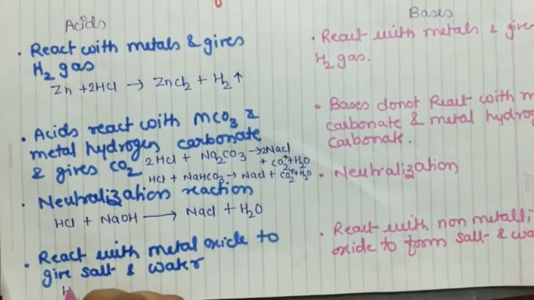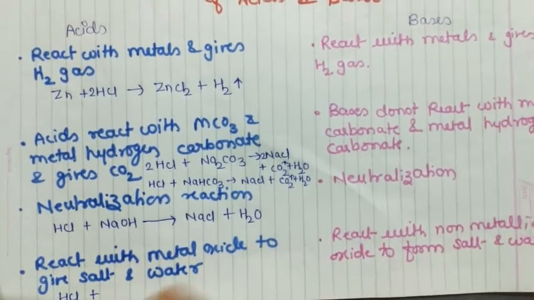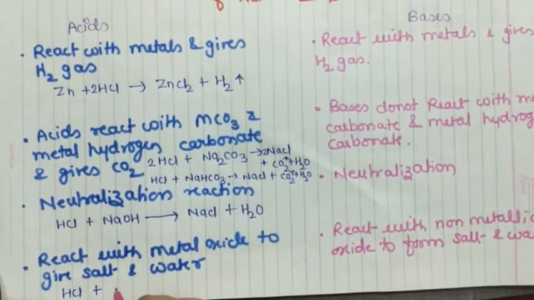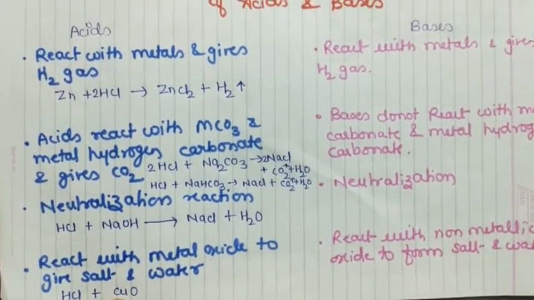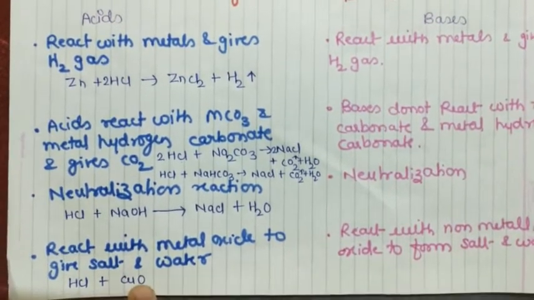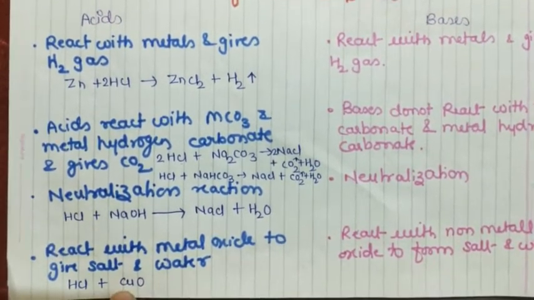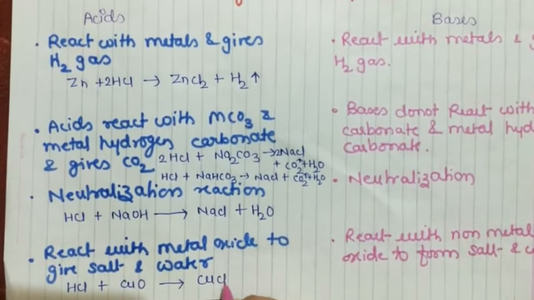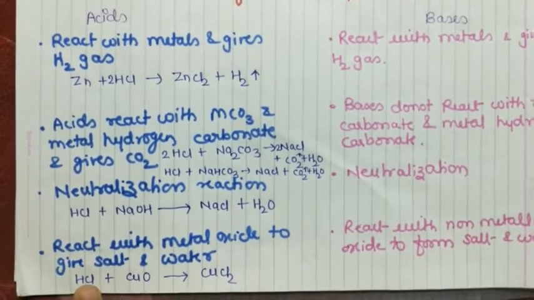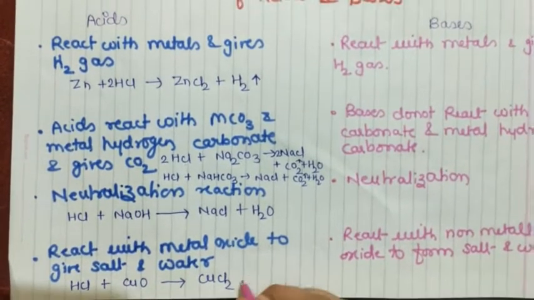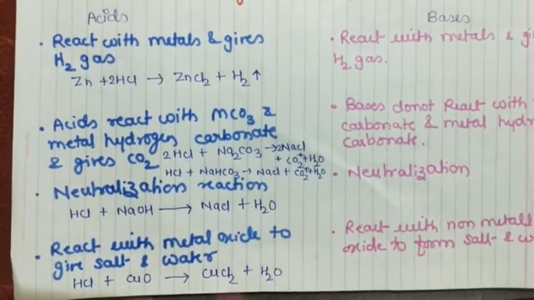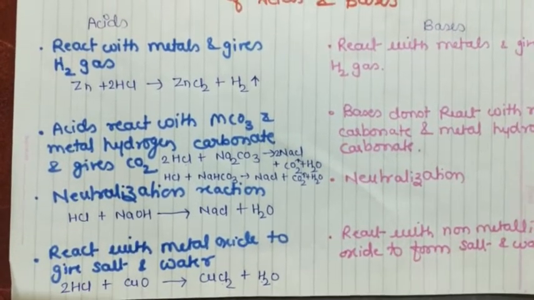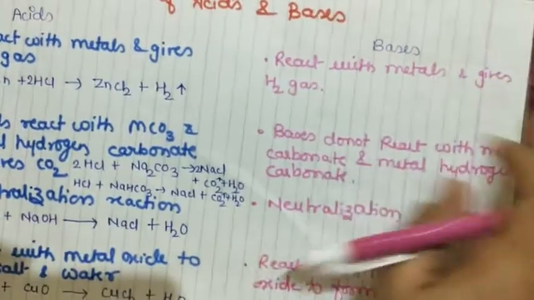Let's check. I am taking HCl as an example because it will be convenient for you to check. Metal oxide means, if I take CuO, copper is your metal and oxygen is your oxide. For oxide we write O, and for metal we can use any metal, or you can write M also. So you'll get CuCl2, because copper is the cation and chloride is the anion, we just combine them, and OH means H2O. We will balance it by keeping 2 here because chloride is already 2, hydrogen becomes 2, so it will be balanced.